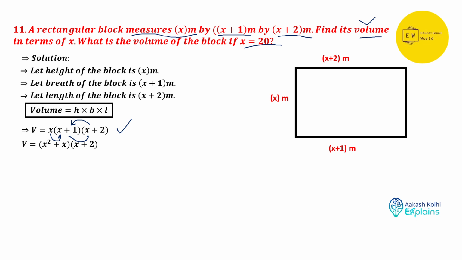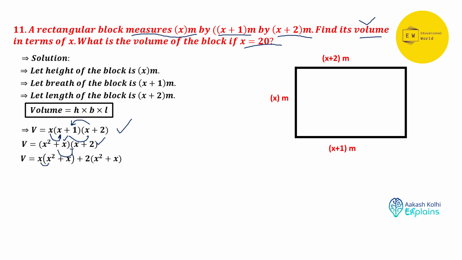First I have multiplied this. x multiplied by x will be x square, plus into plus plus, x into 1 is x. Then I have x square plus x. Now I can multiply this bracket with this, or I will multiply this one with this. First I have kept this x out of the bracket, and then x square plus x, this one is the same, plus 2 times x square plus x.